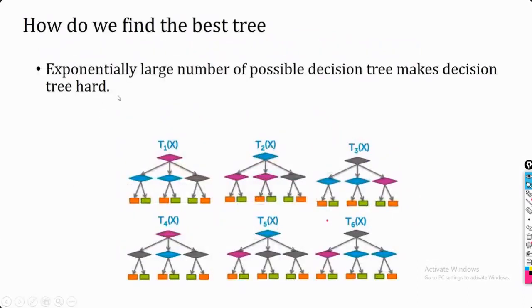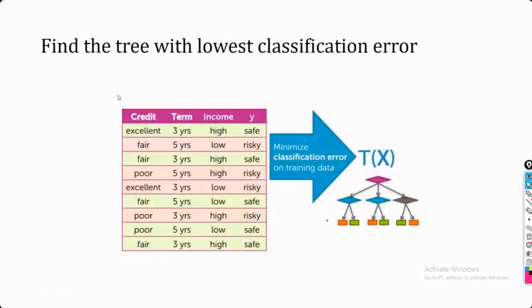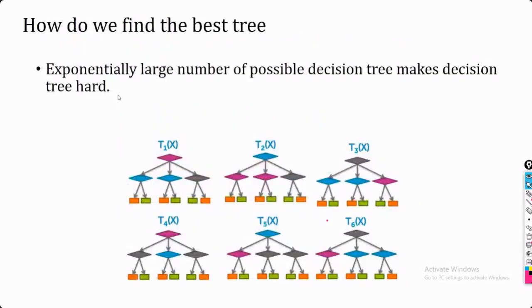Okay. Now the next thing is, this is one of the ways, once you have prepared your model, to test how your model is behaving. This is one of the ways to judge how accurately your model is behaving. Now the next question that comes is, we are having n or m number of features. So how to select which feature combination I need to use in order to make my decision tree.